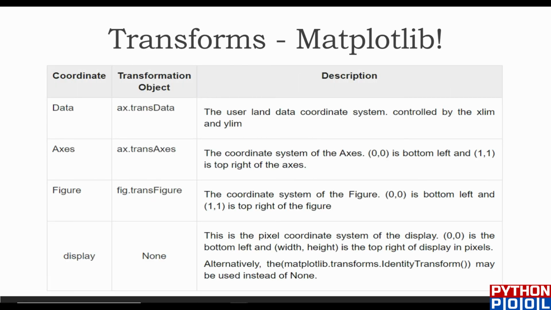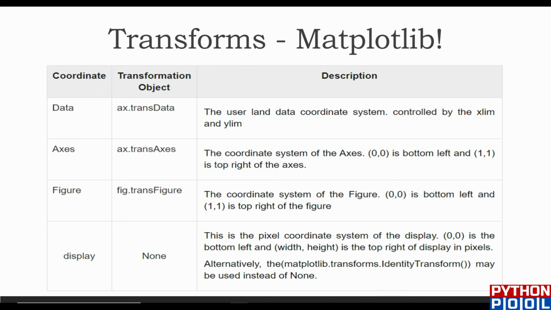Okay, there are certain transforms in Matplotlib which could be used with the data or the axis or any figure in Python, whether we are working with text in Matplotlib or with images. There is a certain set of properties which we need to give to the Matplotlib functions, or we pass them as default values. So first of all, it is transData. We are going to pass the x limit and the y limit in the coordinate system of Matplotlib. Second is transAxes. We need to define which type of axis we want.